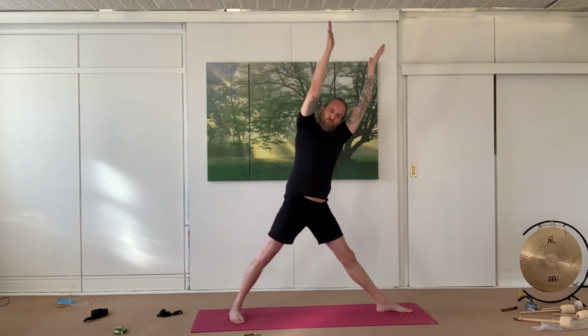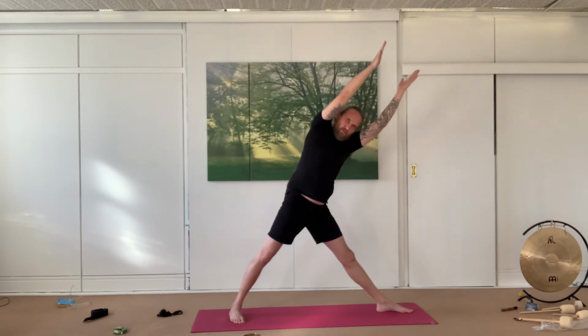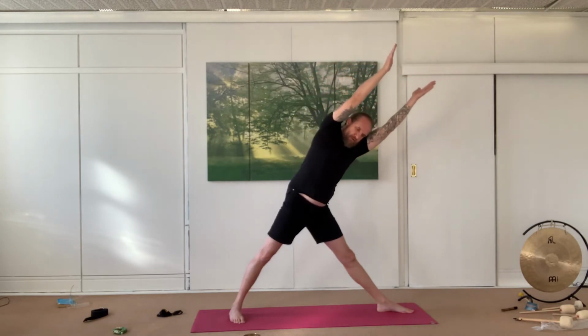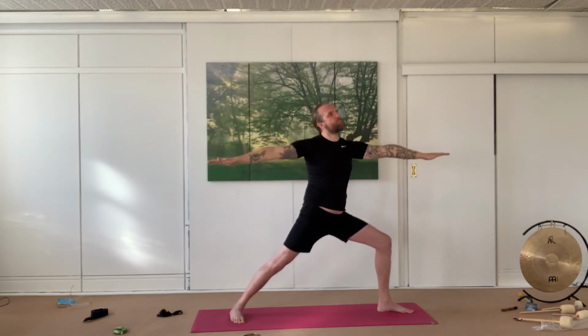So holding here, we're leaning towards the top of your mat or towards the left. Come back up. Back to warrior two. Take the bend in the left leg as you lower the arms. Straightening the left leg, raising the arms. Leaning to your left. Come back up. Back to warrior two. Straightening the left leg, raising the arms, leaning to your left,